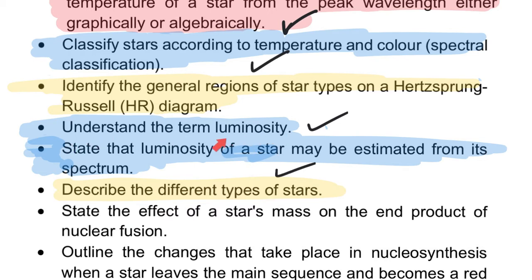For instance, understand the term luminosity, state the luminosity of a star may be estimated from its spectrum. We're going to look at using the luminosity, radius or area and temperature relationship in order to work out some really cool and interesting information about stars, and